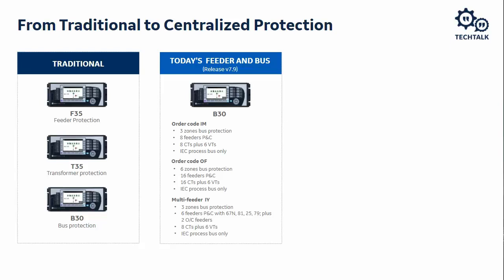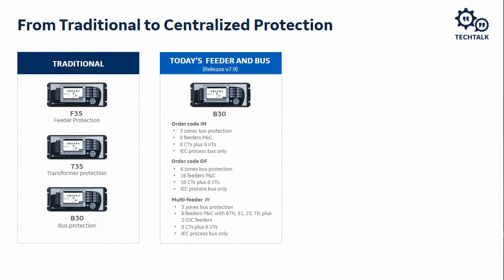Now, what IY will do for us is it will give us 3 zones of bus protection, and it will give us 6 feeder PNC. And with this one, not only do we get the overcurrents that we get with the previous 2 software options, but we also get directional overcurrents. We get frequency elements. We get sync check, and if we need it, we can get 79 for an